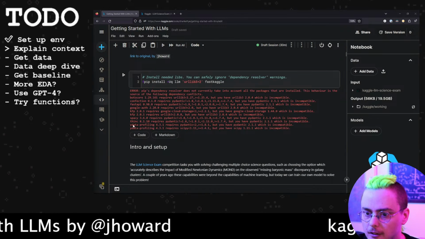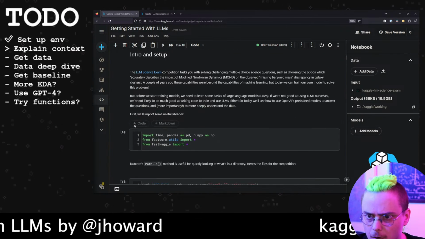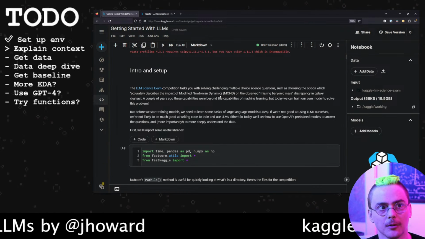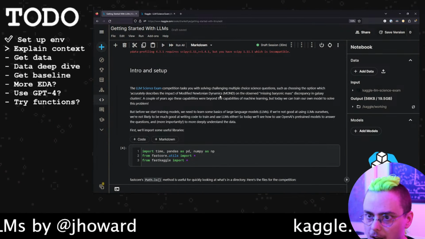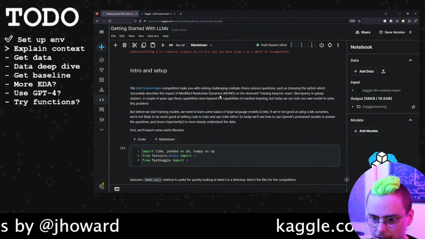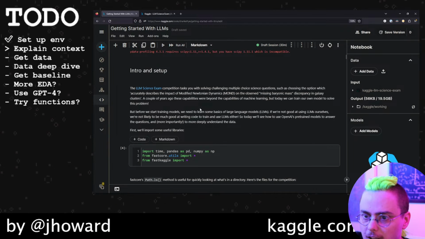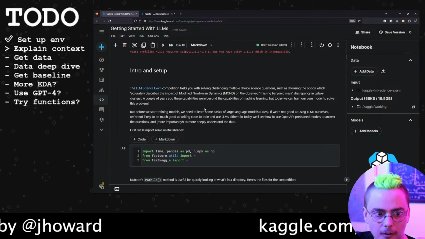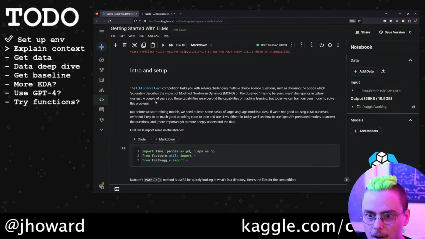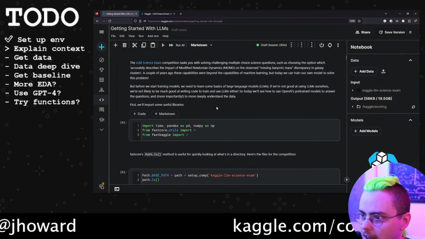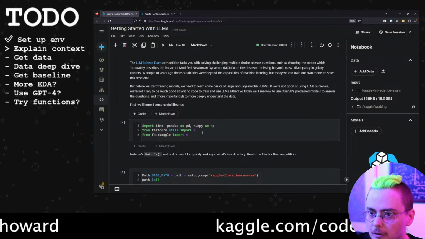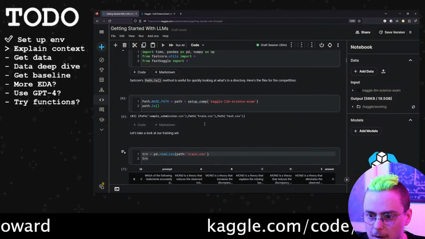All right, so we'll ignore the first cell, which just sets up the environment and installs some stuff, since I've been running some cells and playing around here. Let's dive into actually looking at this data. So first, we've got some notes about this science exam competition that we've already talked about. We bring in our imports,